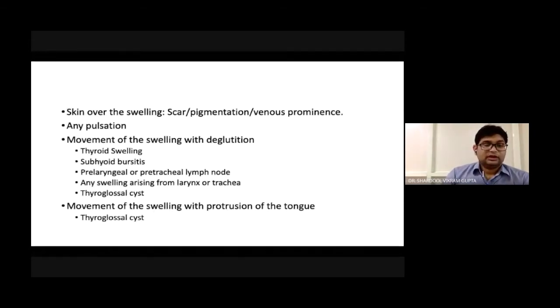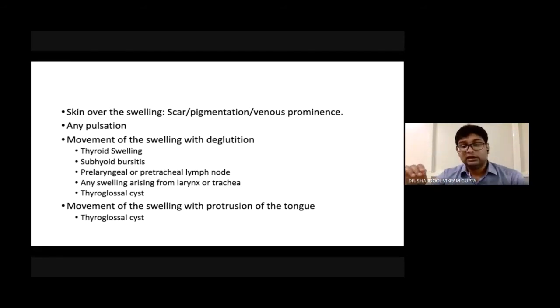Okay. So you must know what are the swellings that move with deglutition. The important ones are thyroid swelling, subhyoid bursitis, prelaryngeal and pretracheal lymph nodes, any swelling arising from the larynx or trachea, and thyroglossal cyst. In a thyroid case, the examiner will definitely ask this question. Once you say, sir, this swelling is of this type and shape, and lastly you say that it is moving with